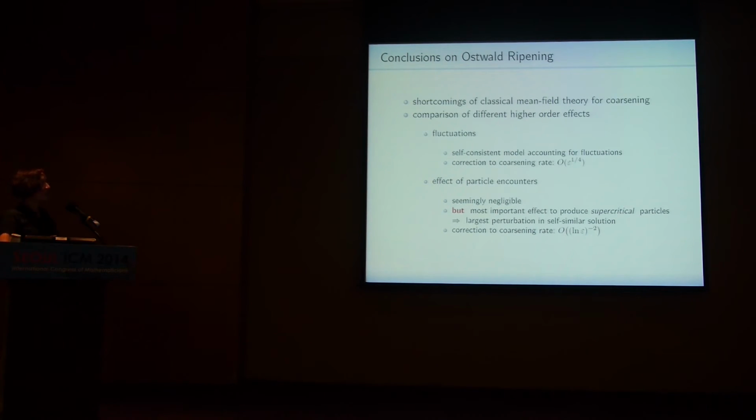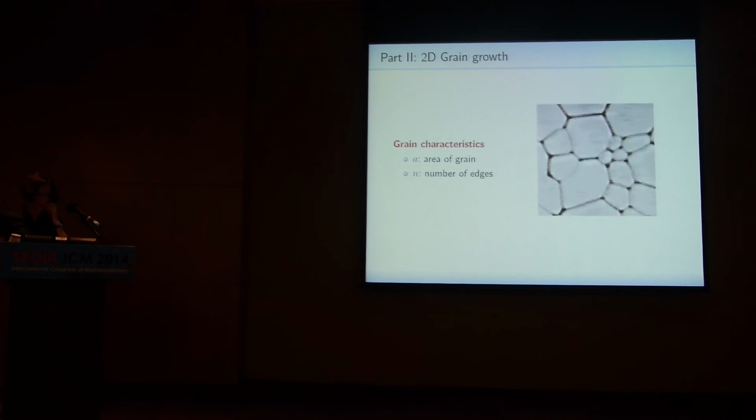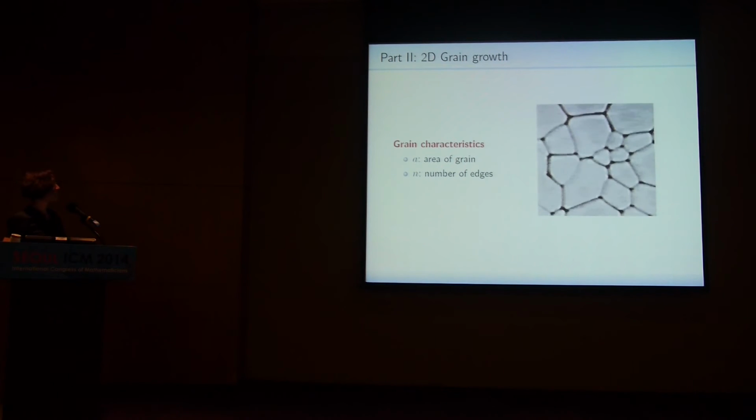So, of course there are still many open questions, but I would say that many aspects are quite well understood in Ostwald ripening. So let's talk a little bit about grain growth then. And here the situation is quite different. Why? Here's just a little movie again, so that you recall what we're talking about. Again, let me emphasize it is in 2 dimensions now. You will see why this is important.